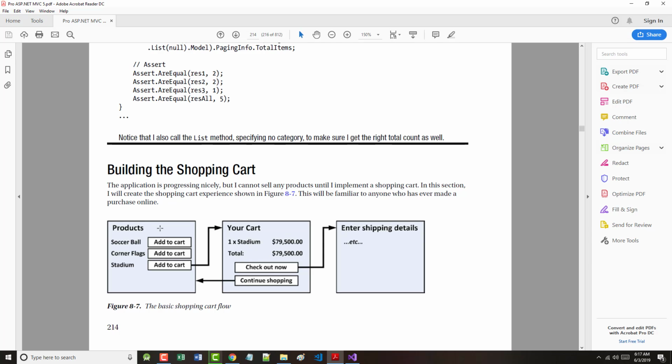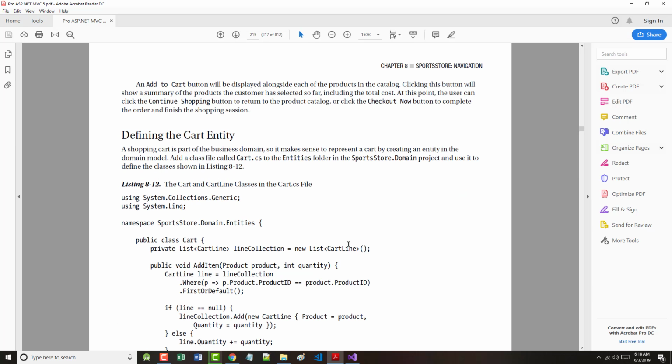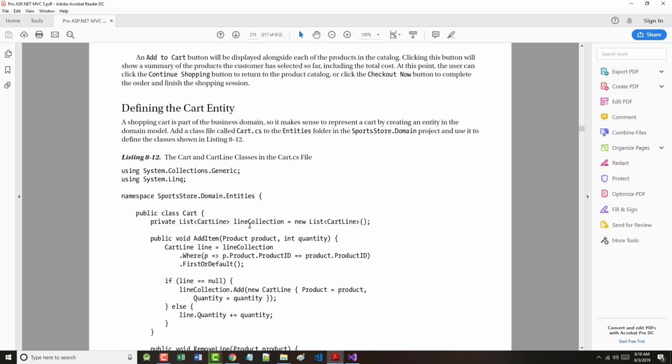8.7. So we've got our stuff. We'll have an add to cart. We can add it. We can check out. We can continue shopping, etc. Okay. So,